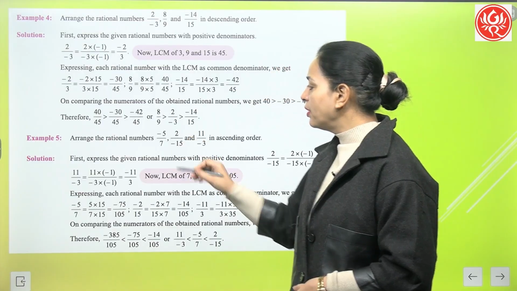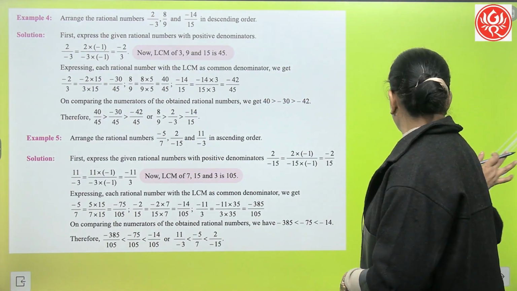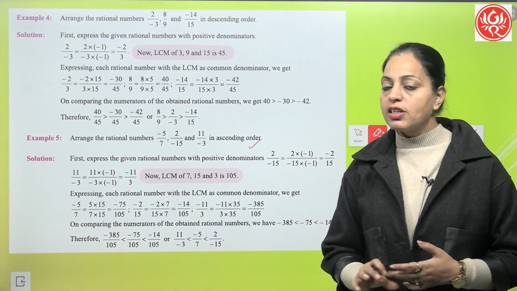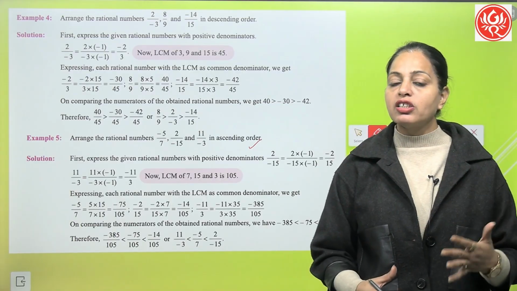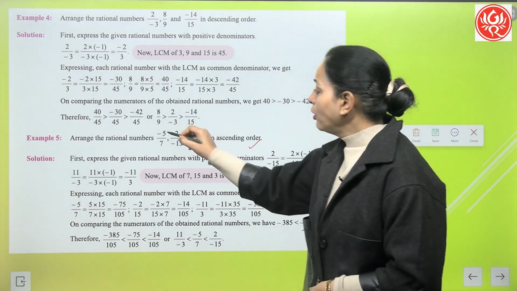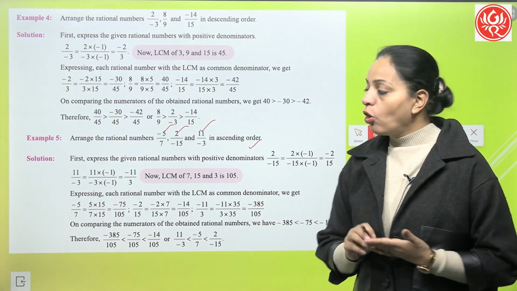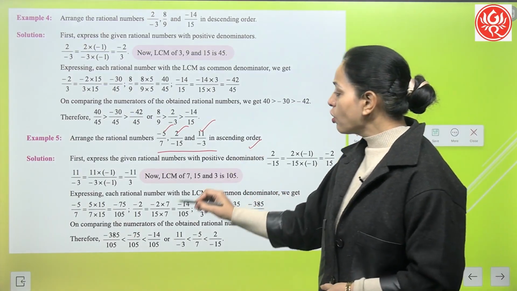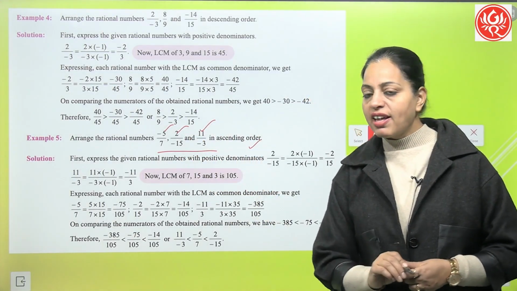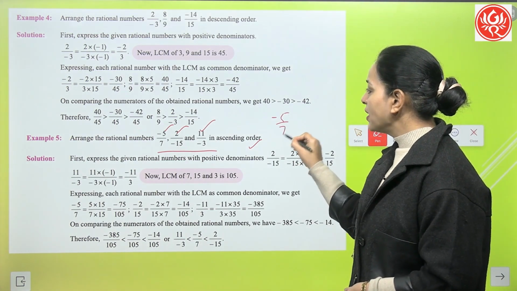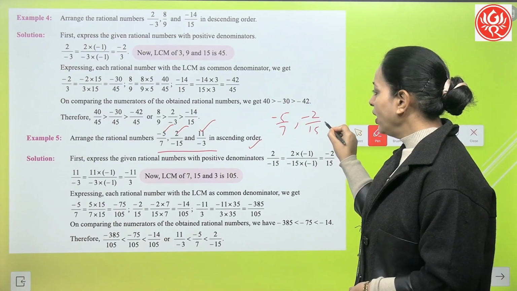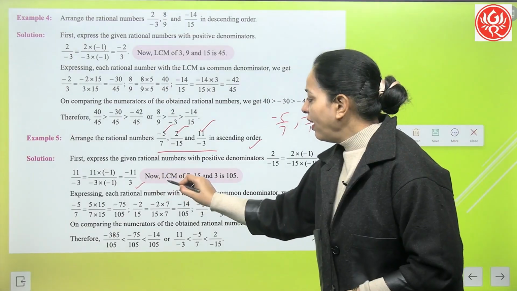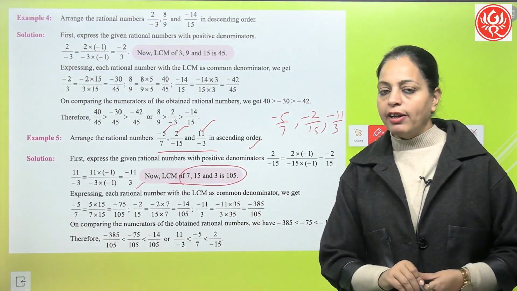Arrange these rational numbers minus 5 upon 7, 2 upon minus 15 and 11 upon minus 3 in ascending order, means increasing order, means smallest to greatest number. Now these three rational numbers are all negative. So what we have to do is make the denominators of all three the same. First of all, we will write the negative sign with the numerator, that is -5/7, -2/15 and -11/3. Now take the LCM of 7, 15 and 3, that is